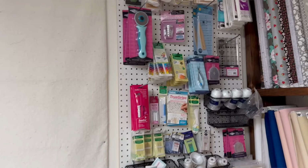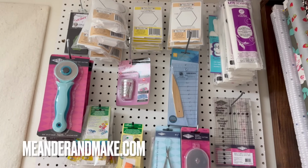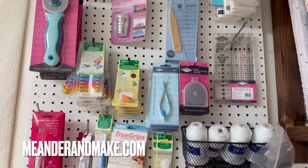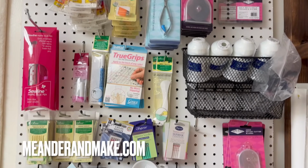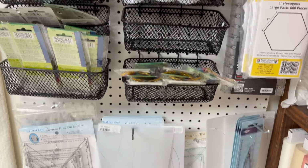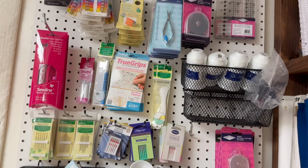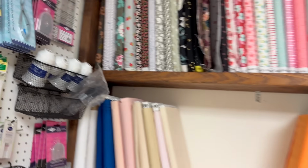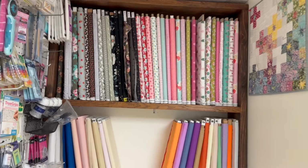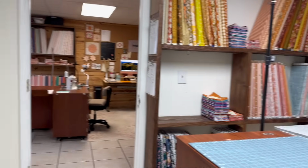All right, over here, this is notions and things that we have for the shop. So these are all items that are over at Meander and Make for any of your quilting needs. We really have just so much going on in the shop as far as notions go. And the fabric shelf is in this little cubby hole area. And then turning around,